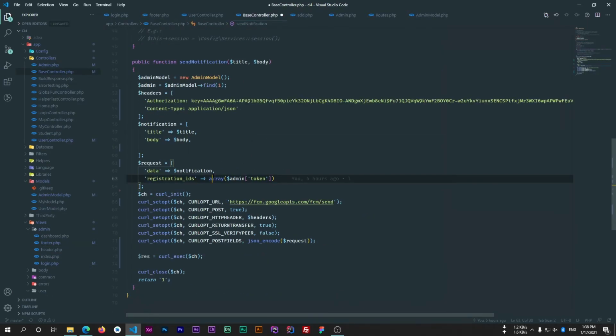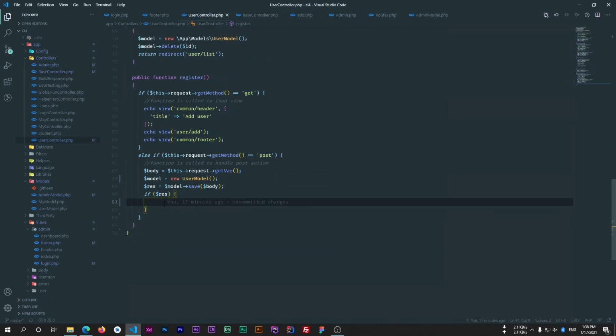So now just save this file, and now we will call this send notification function here. So simply this, then send notification. Now it requires two parameters, which is title and the body. So the title I'll set like new registration, and in body I'll show email address of that newly registered user.